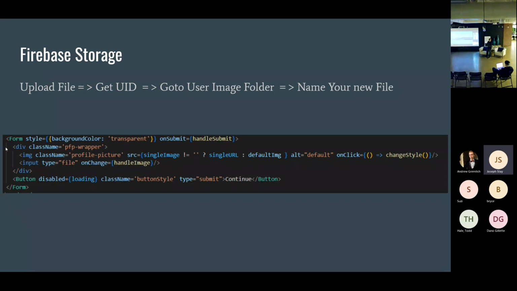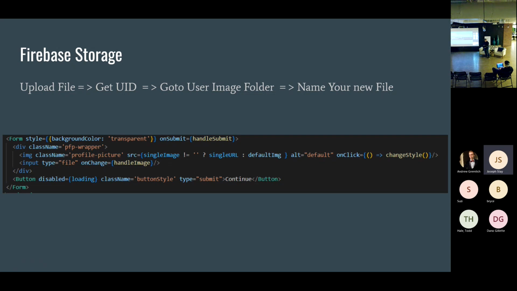It's within a form, and we have a button on the bottom that says submit. But the main part here is we have the wrapper, we have the profile picture where it's just the default image, and we're seeing if an image has been uploaded yet with this state right here, the single URL. And if there's nothing in that URL at the moment, then we just have a default image. Then we also have an input within the same wrapper, so that in the CSS, we can basically make it invisible and make it look like when you click on the default profile picture, you can then upload whatever file you want.